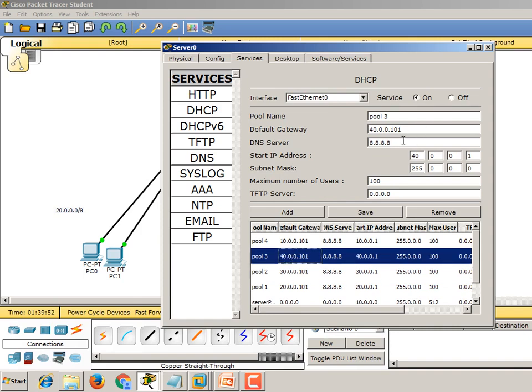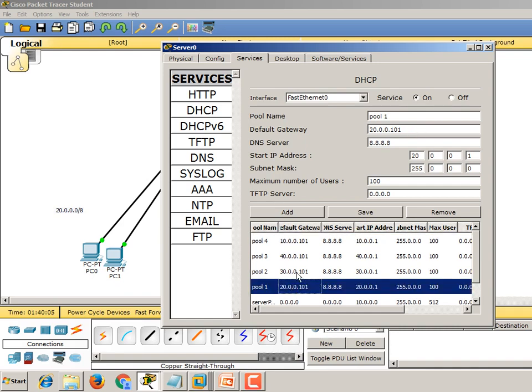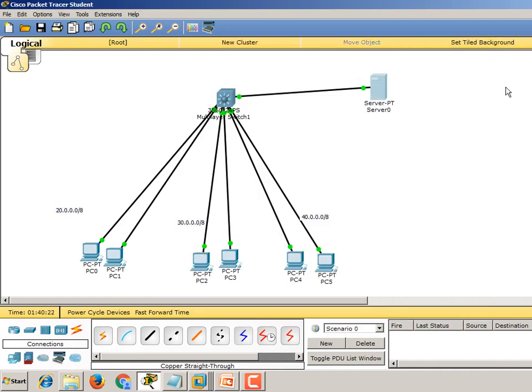Pool 3 is in the 40 range. Once again the VLAN IP will be the gateway. And pool 4, the VLAN IP will be 10.0.0.101. This is the important thing, for 1, 2, 3 and 4 you should assign the default gateway as the VLAN IP address. Here the IP helper is a command which helps point to the particular scope of a server.